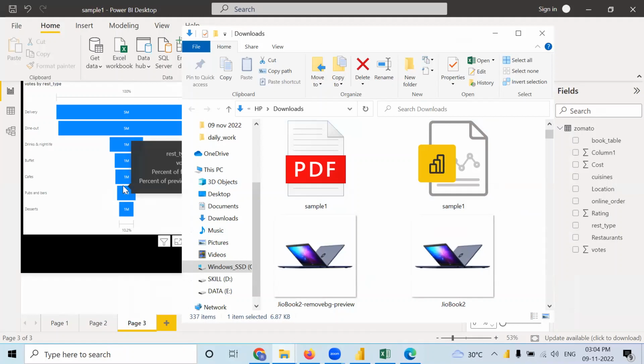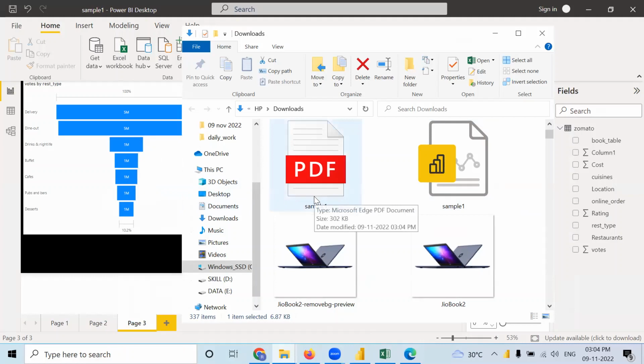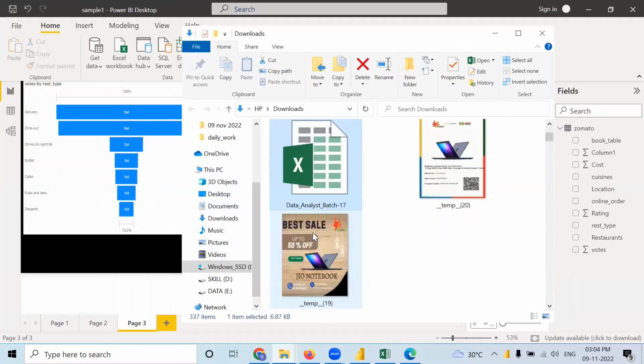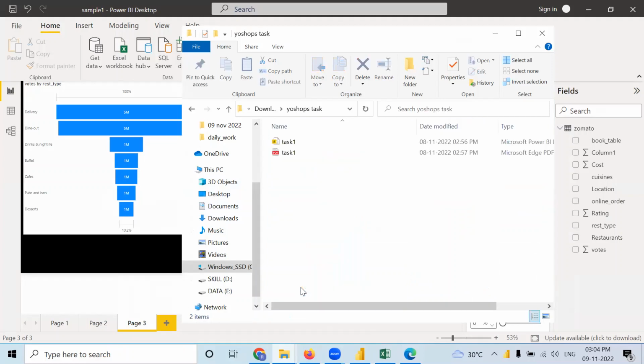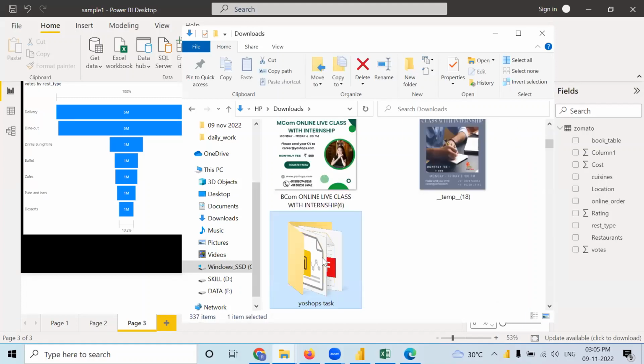You have to upload it in a folder, like the folder I made yesterday. Save all the work you have done, both PDF and PBIX files, upload this folder in your drive, open that folder, get a link, and share that link with me. That's it.